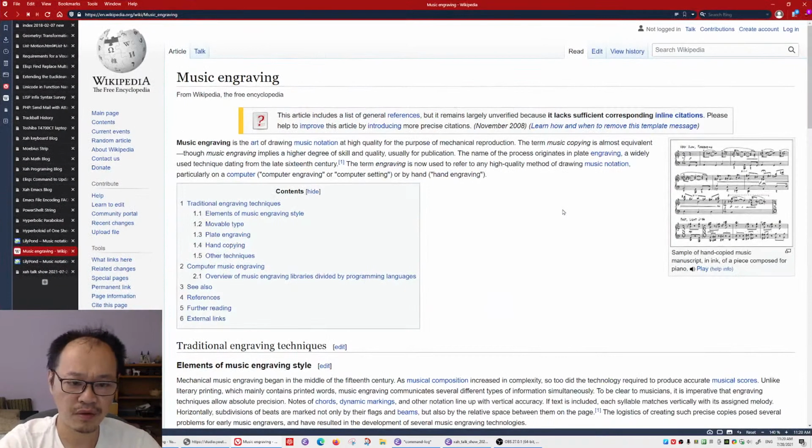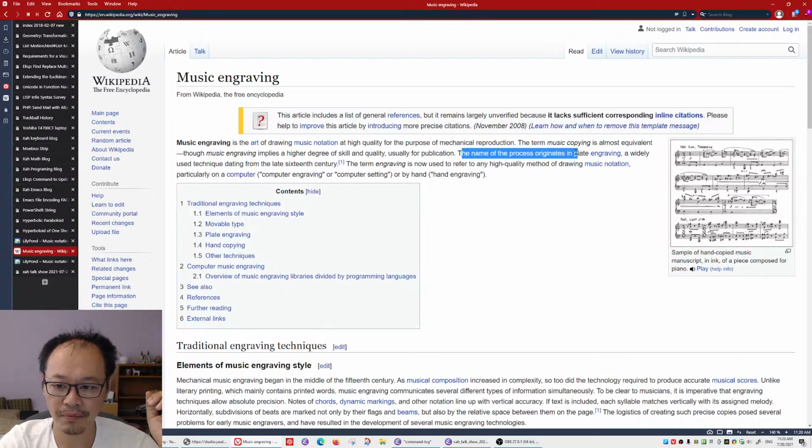Why do they use the word engraving? Music engraving is the art of drawing music notation at high quality for the purpose of mechanical reproduction. The term music copying is almost equivalent, though music engraving implies a higher degree of skill and quality, usually for publication. Okay, so apparently, the name of the